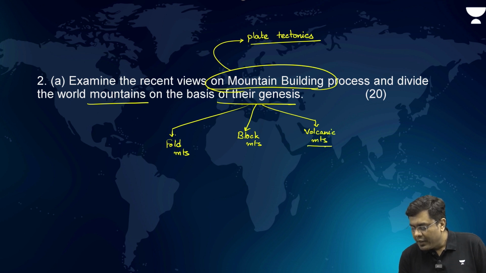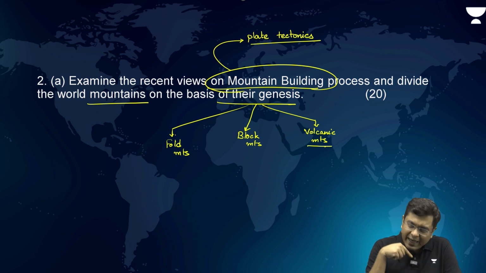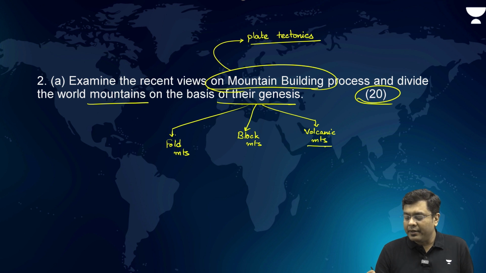Now, here all of them could be explained by the plate tectonics. Here you have to elaborate in significant detail because it is a 20 marker. You have to elaborate in detail about the plate tectonics. In plate tectonics, we know that the formation of mountains is associated with the aspect of convergence,